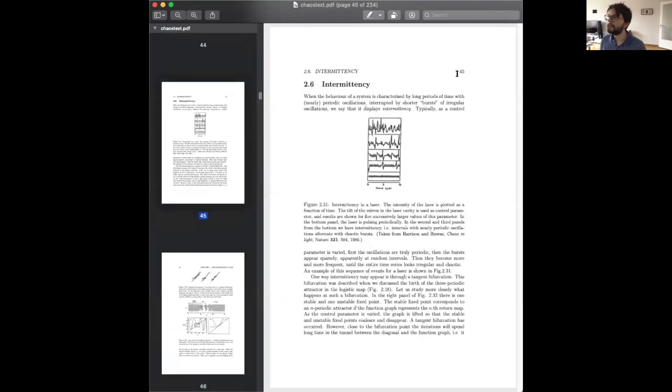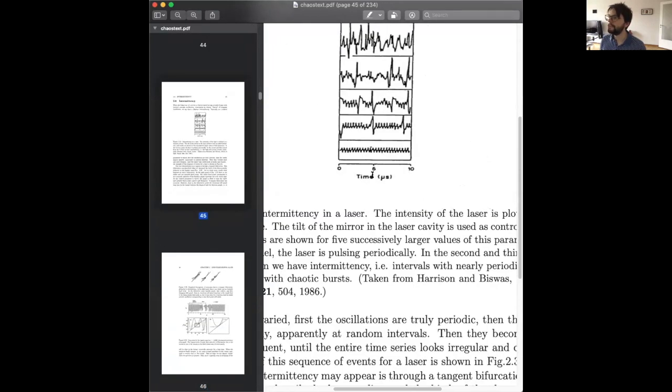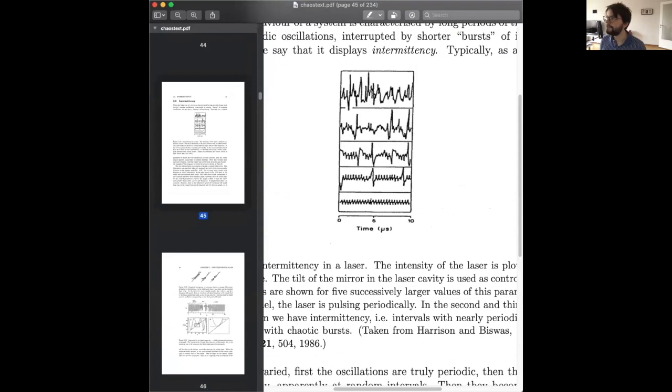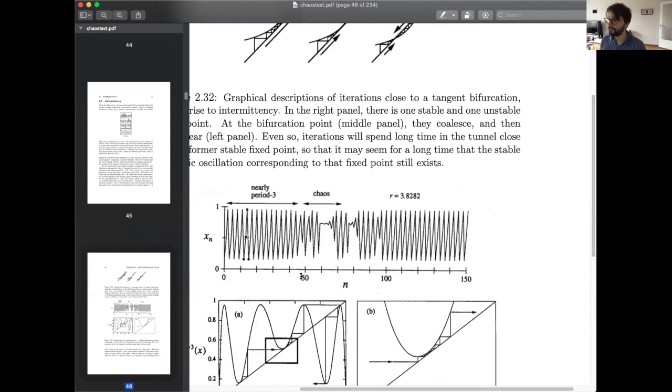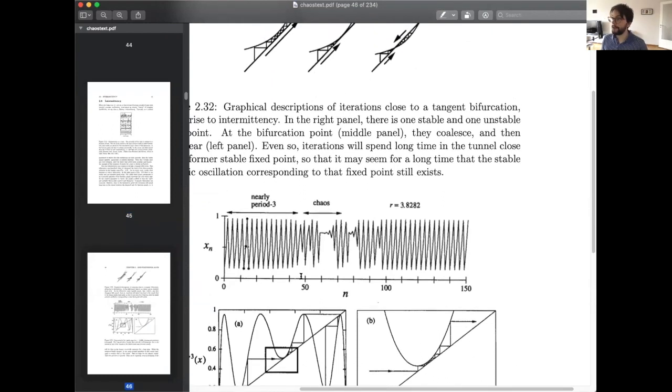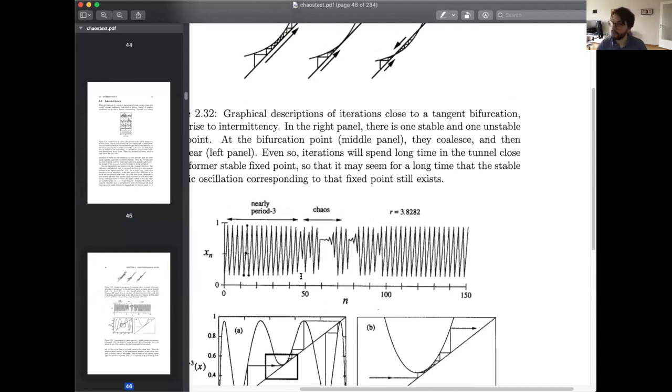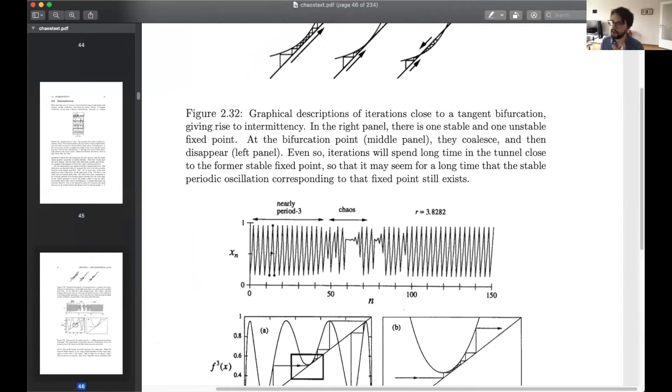So what you see in these sort of maps is that you have a quasi-periodic behavior for a very long while, and then you have a regime which is chaotic, and then almost like a fixed point, and then it starts again the chaos, and then again the quasi-periodic. This happens close to the 3-periodic regime, for example, in the logistic map, but it happens very often in chaotic systems, and this is important